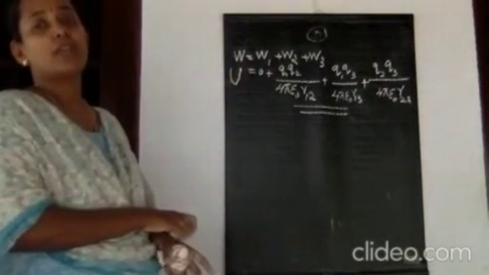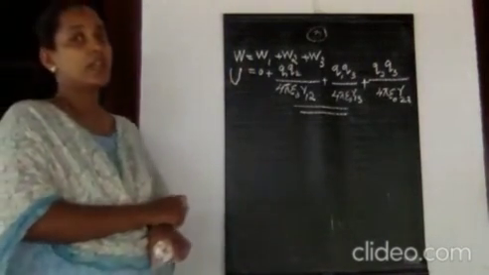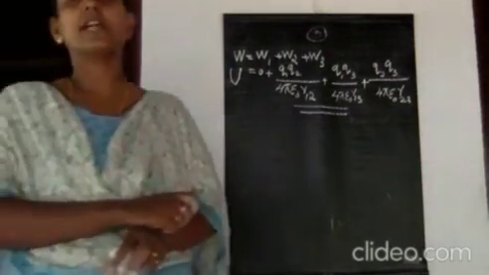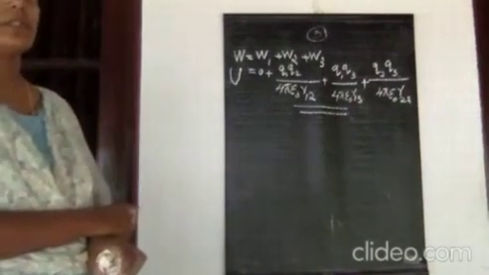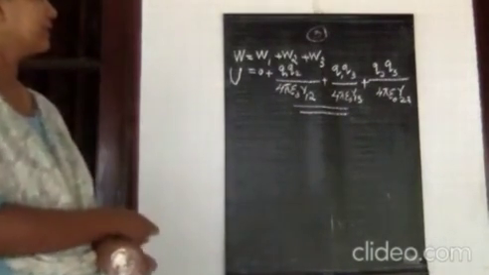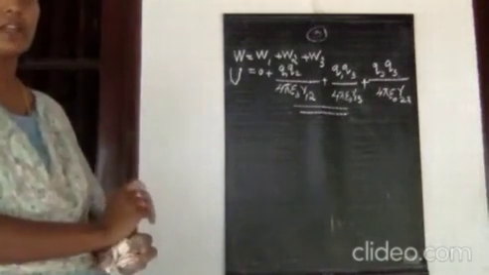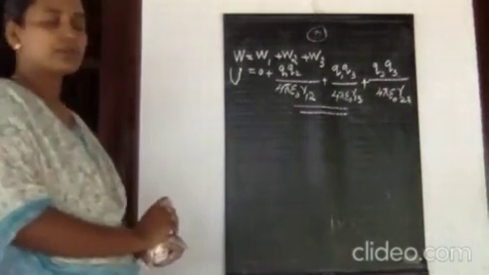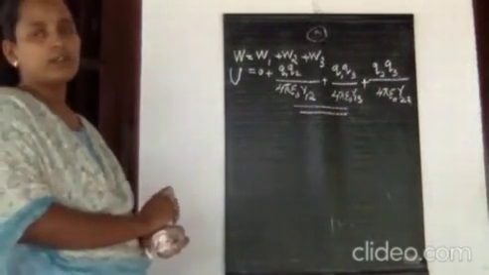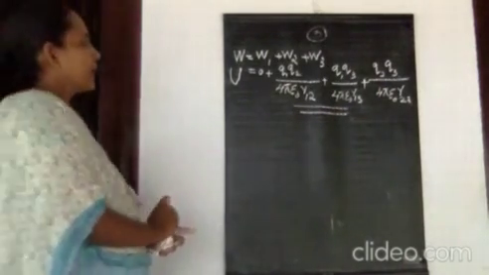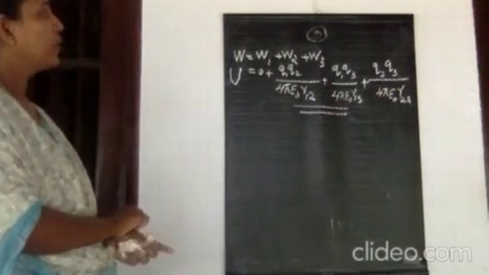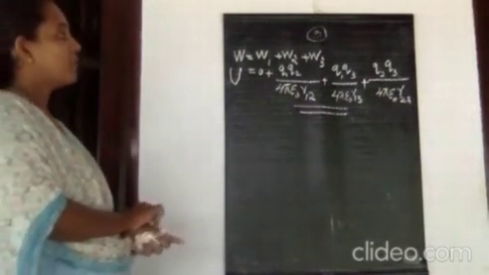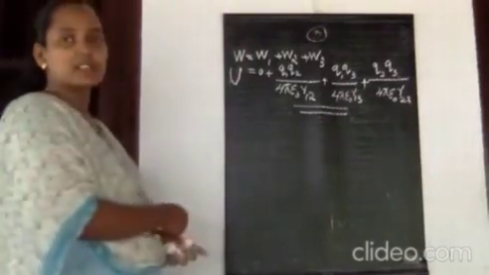A system of 3 point charges. This section is very important. Usually they ask either a 2-mark question or a 3-mark question. Last year also there was a question, but that is actually the next topic, expression for potential energy in an external field. Anyway, usually one question comes, either numerical or theory type. So this is the expression for potential energy of a system of 3 point charges. Then how can you write this expression for a system of 3 to n point charges? How can you extend this?